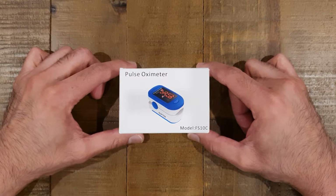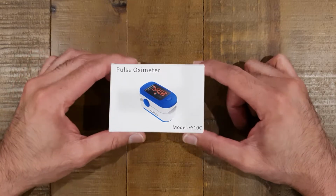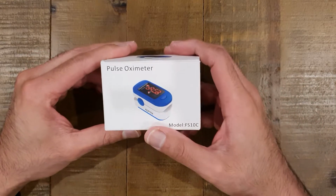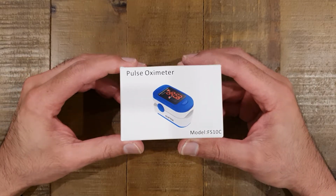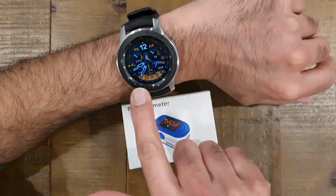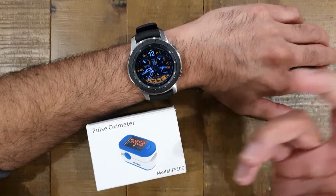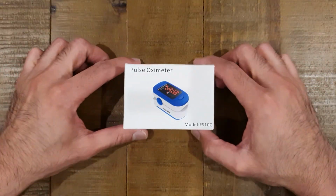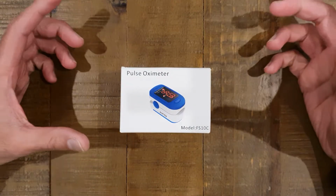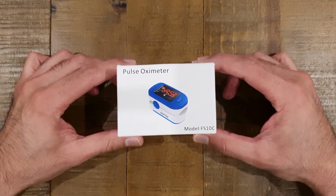And this is a device that's going to be used to measure our blood oxygen levels. Now, this pulse oximeter does two things. It measures your blood oxygen levels and also your heart rate. So I've got my smartwatch on today as well. What we'll do is we'll just compare the reading from the two devices. I'm not selling this as an accurate device. I don't know if it's accurate or not. I don't know what sort of degree of error you can expect with these sorts of devices,